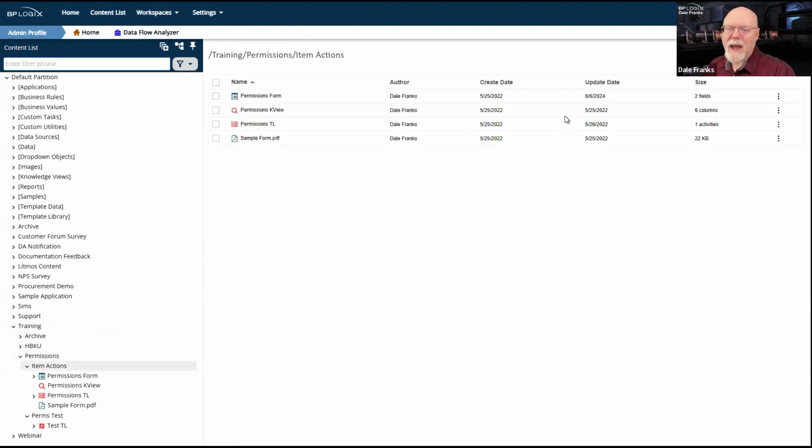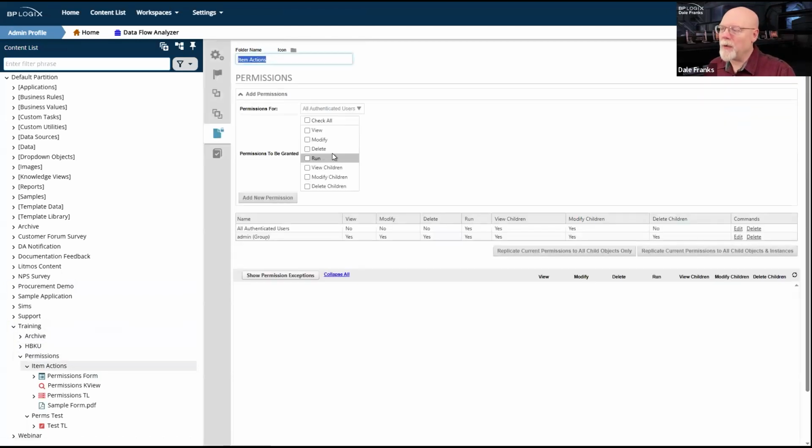Let's look at the folder properties for that particular folder. The permissions on item actions are different. These are the permissions that existed prior to me going through and specifying what the different permission options were for me on this particular server.